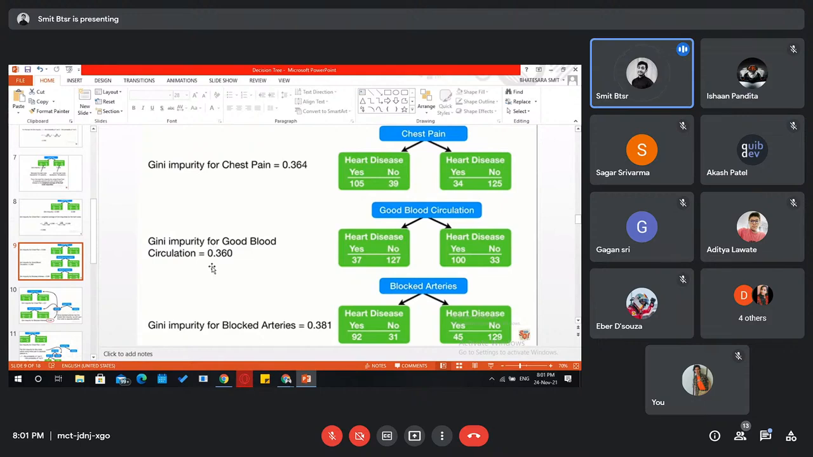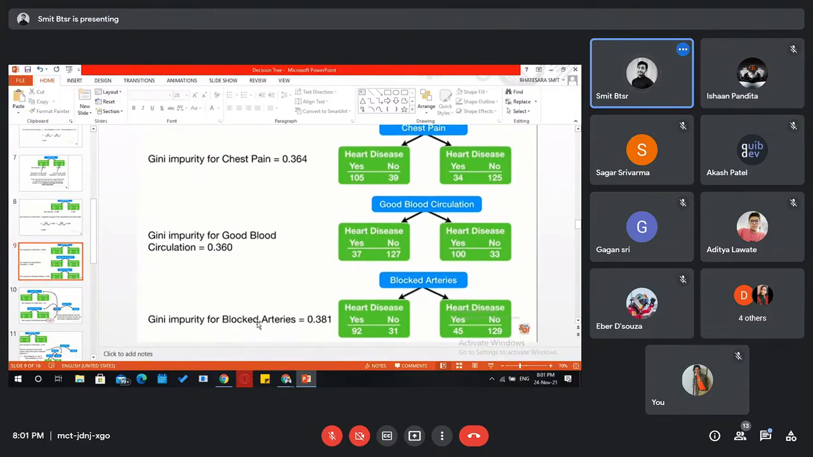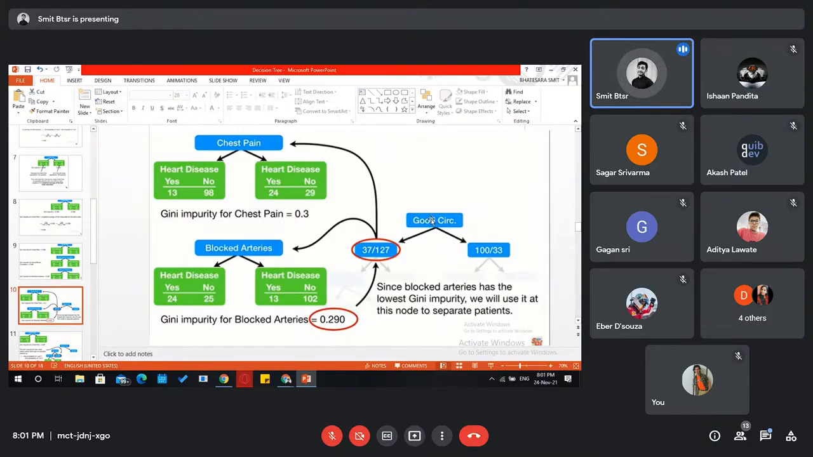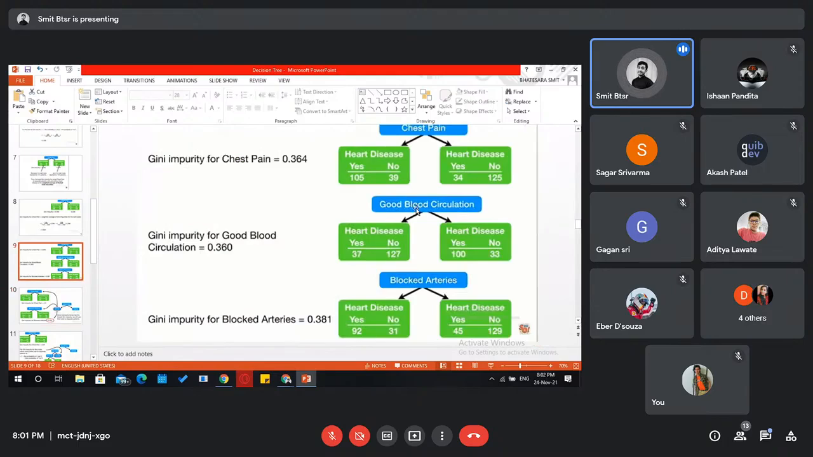Okay, so first, the question we will ask is whether your blood circulation is good or not, and then we will ask other questions. So we have to find the impurities, and then we have to take the least impure element. Accordingly, we first ask this question, and then we can see that there are these